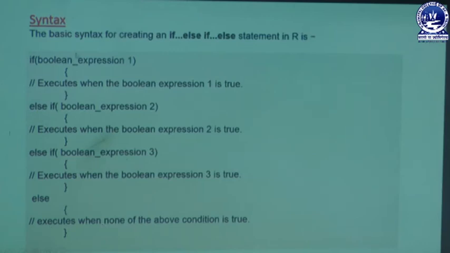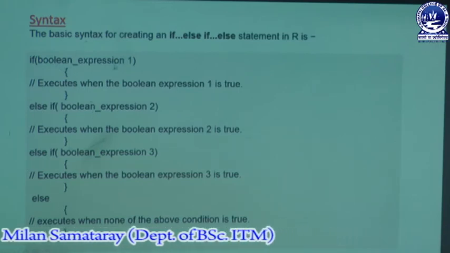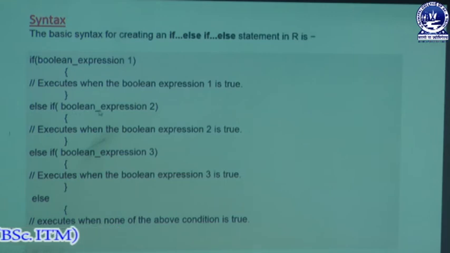And let us take another example: if this expression is true, then it will execute only this, and it will not check all of these other conditions. And if it is false and then the next one is true, then these statements will be executed. Then the conditions written after this will not be tested, and the statements written inside them will not be executed, and also the statements inside the else block will not be executed.